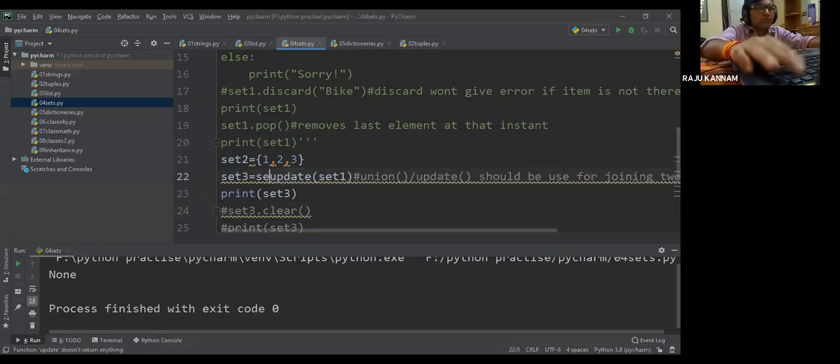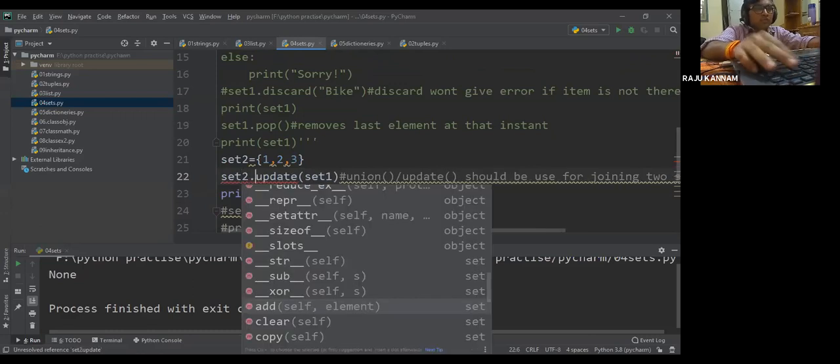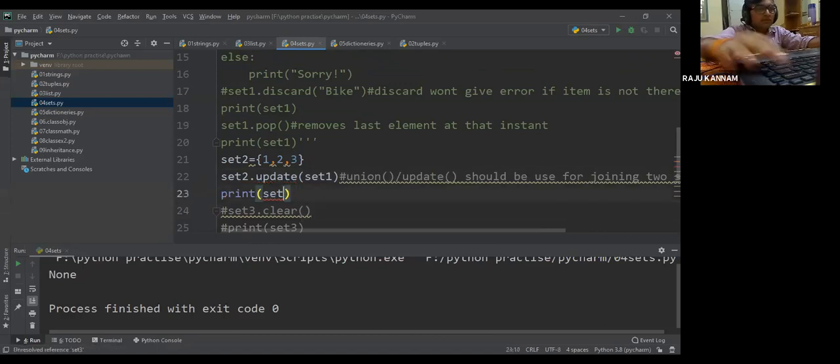So for this, you can directly use set2.update(set1) and print set2.